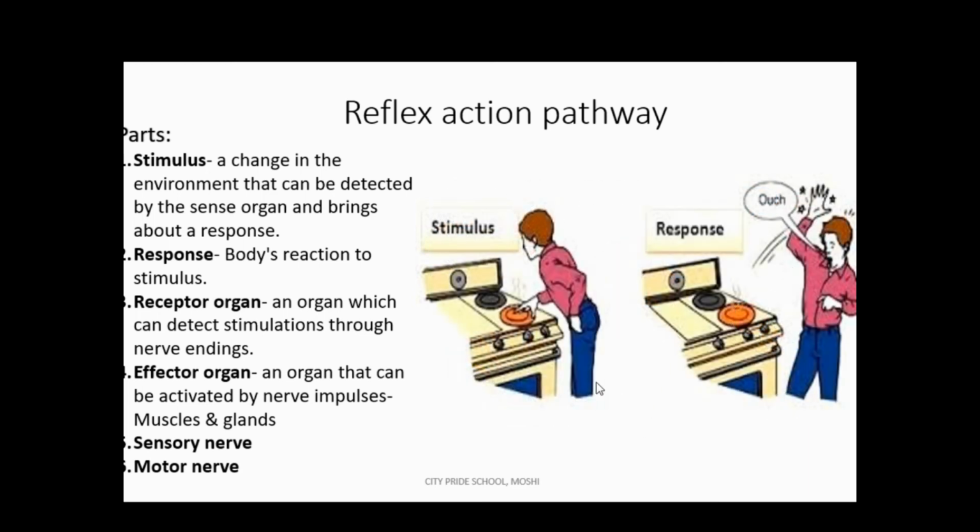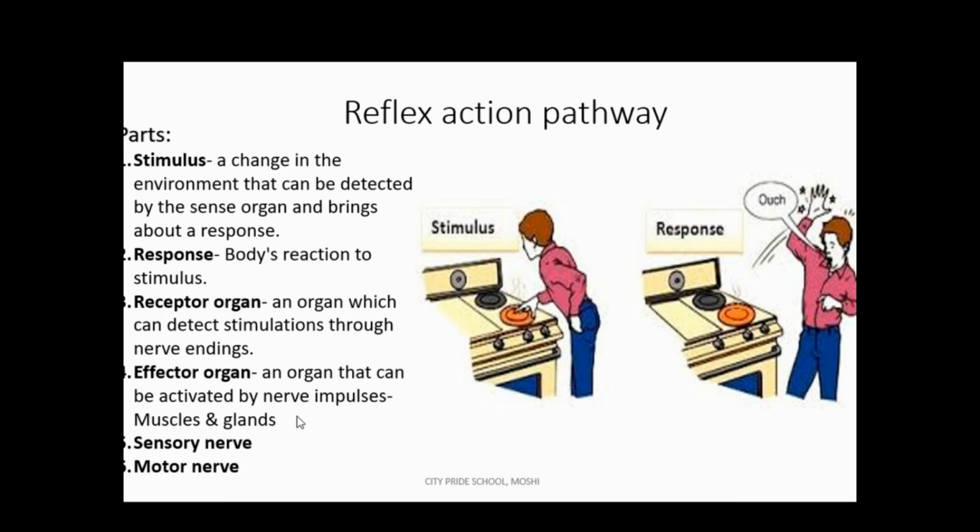The reaction of the body to a stimulus is called a response. For example, withdrawal of the leg when you step on a sharp object, and moving your hand away when you touch something hot. So detection of a stimulus requires a receptor organ, or a sense organ. Which would be the largest receptor organ? The largest sense organ is nothing but the skin. The skin has different types of nerve endings which are stimulated by stimuli such as heat, cold, and pain. Hence, the skin is an example of a receptor organ.